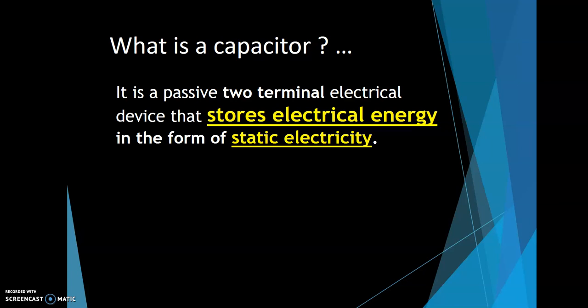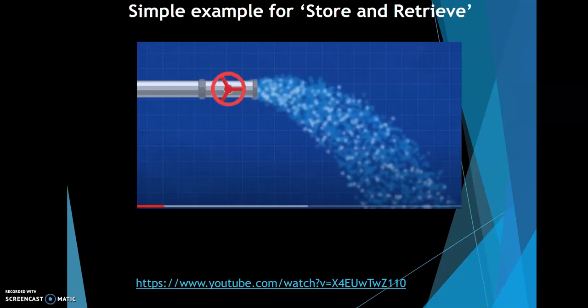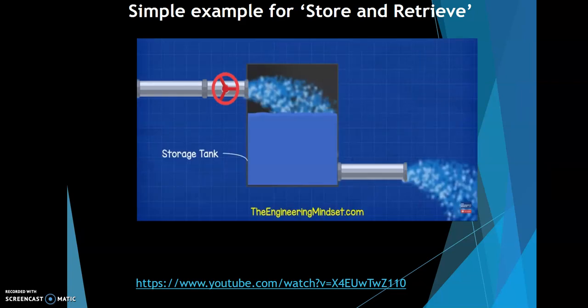Now let us understand how capacitors are able to store electrical energy with a simple layman example. I have provided an example of how the water stored in a water tank helps to provide a continuous supply of water. This is an inlet pipe with a valve which fills the water tank, and there is an outlet pipe for the water exit. As long as the water continues to flow in through the inlet pipe, we will get a continuous supply of water from the outlet pipe.